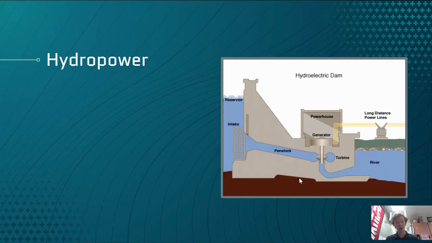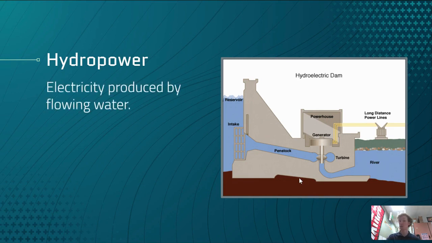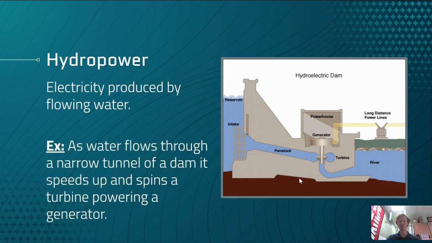Another type of renewable energy is going to be known as hydropower. Hydro meaning water. So this is going to be electricity produced by flowing water. Now, if you've ever seen a dam, most likely this dam is going to be used in order to produce electricity or hydropower. As water flows through a narrow tunnel of the dam, it speeds up and spins the turbine,